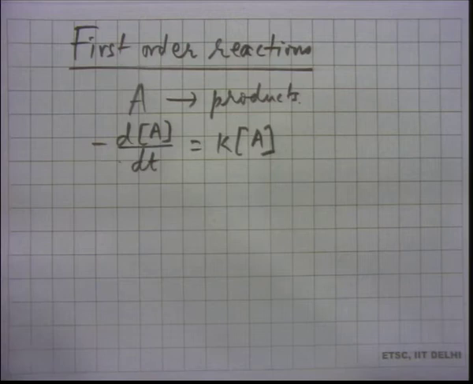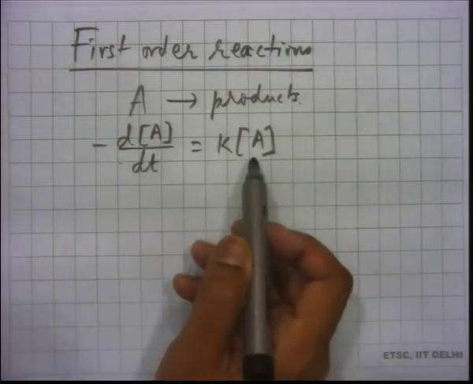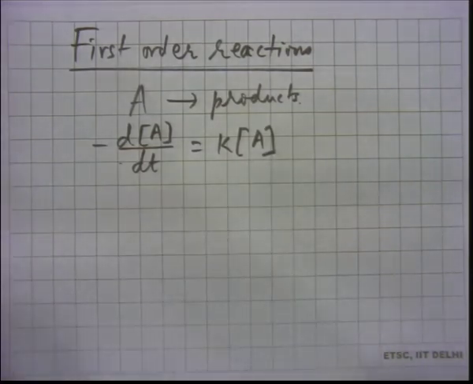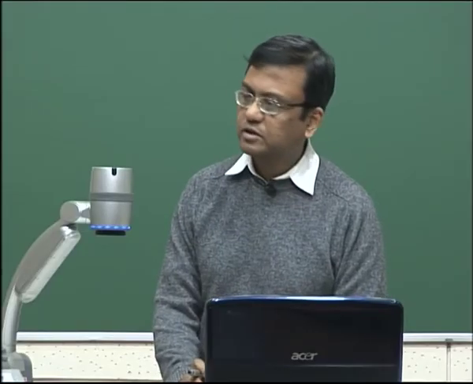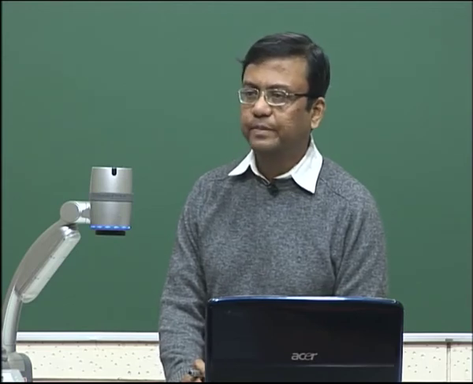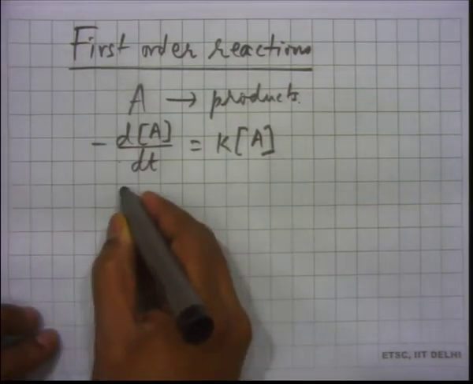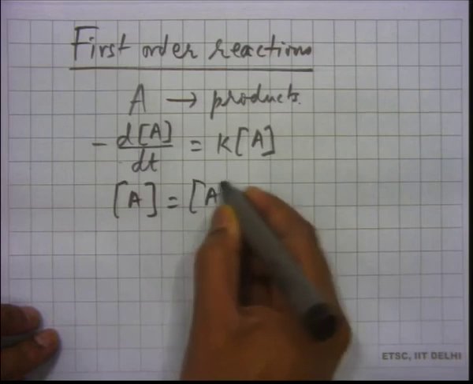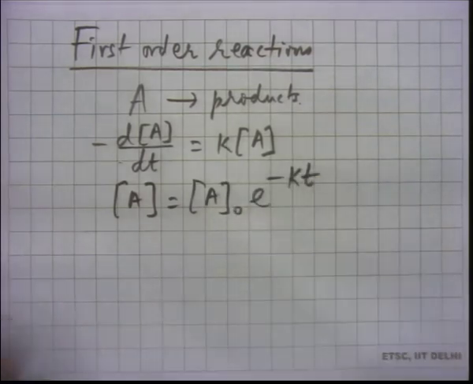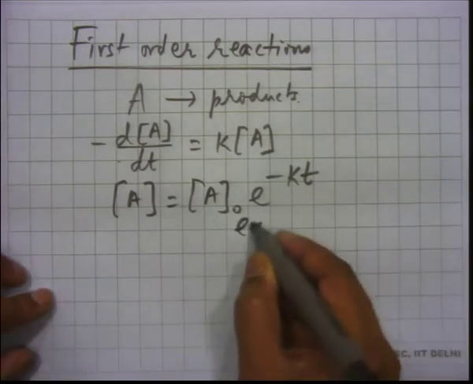so what's the procedure that we are adopting? We are just simply writing the rate expression for a particular reaction, then integrating this to get the concentration of the reactant as a function of time. That is what we did for the first one. In the first case, zero order reaction, concentration of A is minus kT plus A naught. A naught is the initial concentration. So here we can do the same thing, and we can write concentration of A is A naught e to the power minus kT. So this tells you about an exponential decay.